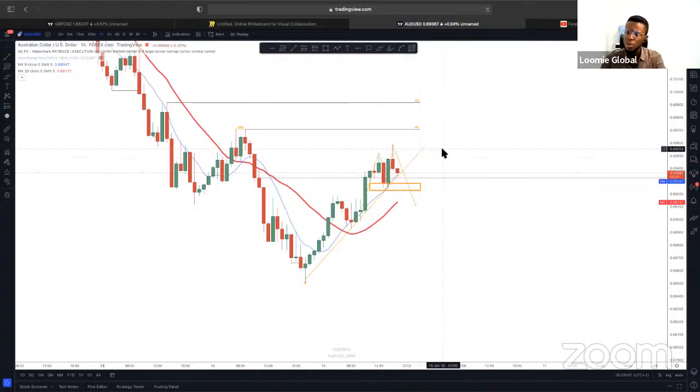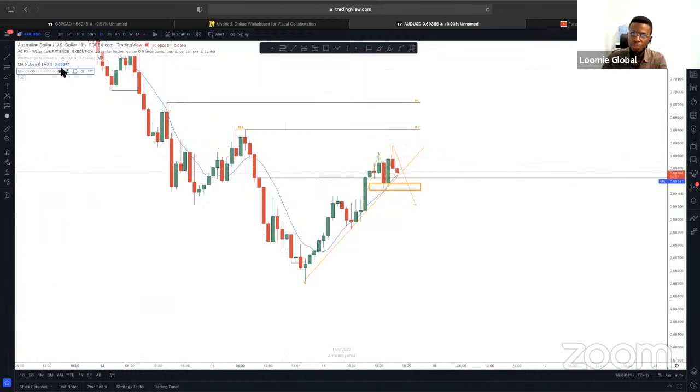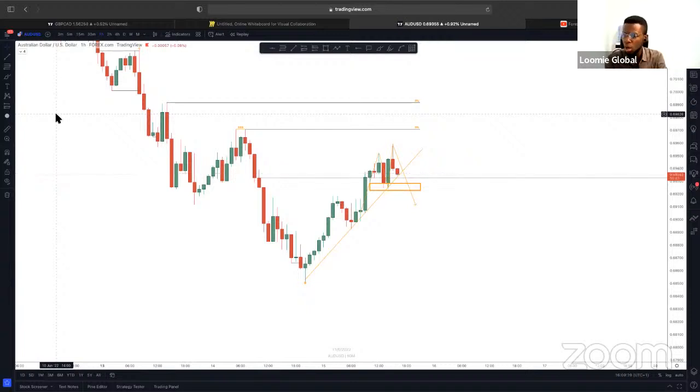But let us not overcomplicate stuff, right? And this is what I keep talking about, not complicating things, because already now you're on the 15-minute time frame seeing a sell, you're on the 1 hour time frame seeing a buy. What do you do? The question is, what kind of trader are you? Are you a scalper? Are you an intraday trader? Are you intending to hold this trade for a few days?